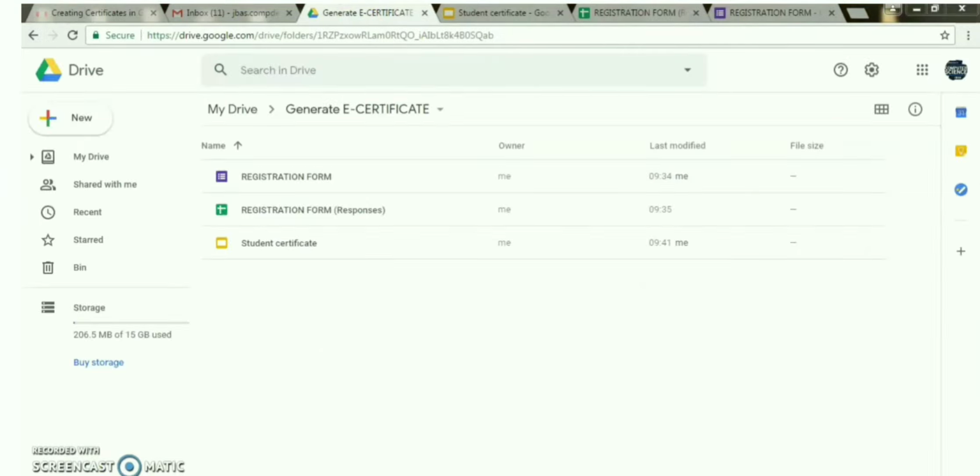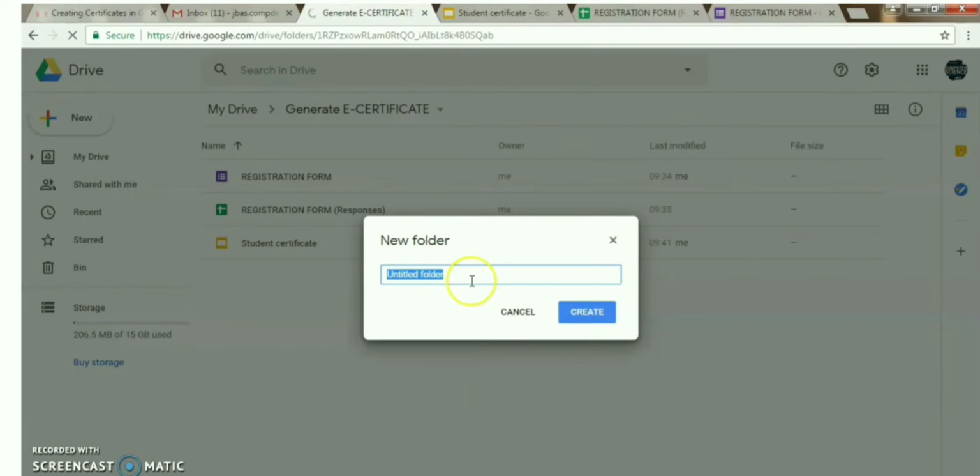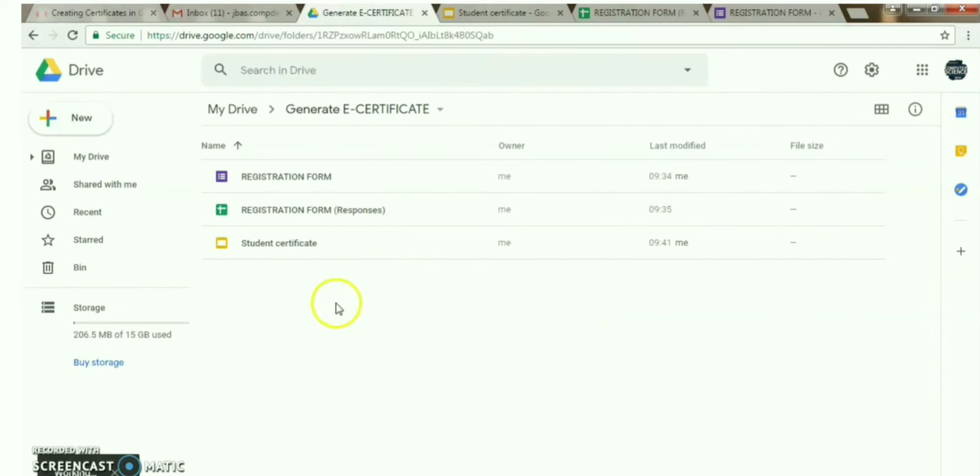Okay, so now before that we'll create one more folder for storing the generated e-certificates. I'm going to give the folder name as participant certificate. Just type participant certificate, create. Okay, so now open your spreadsheet,